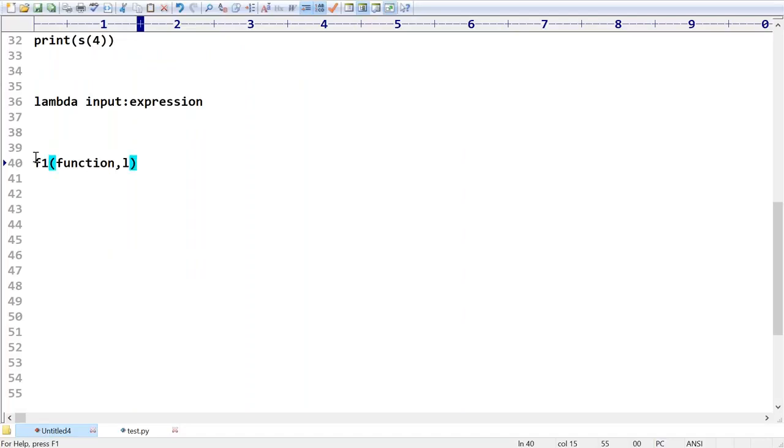Yes, it's possible. A function can expect another function as the argument. You can pass a function as an argument to another function. Remember that it's possible.